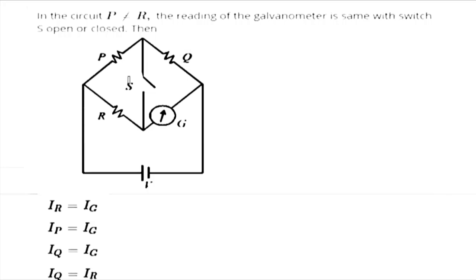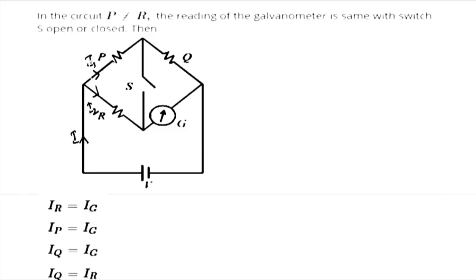So if that is the situation, then what condition goes true? Which condition can be applied in this case that they are asking? Here you can see in the circuit, this switch S has no effect with respect to these resistors, because see the current flowing from here, the current splits into 2 like this. Let us say these two are I1 and I2, where you have a main current I here.